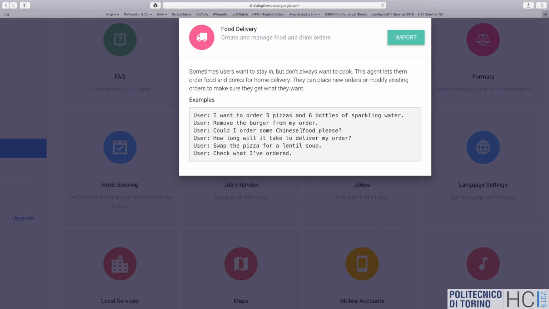But for instance, they are able to handle conversation like, I want to order 3 pizzas and 6 bottles of sparkling water. So it recognizes that one is food and one is something to drink, but both are to be ordered. One is 3 and the other 6, also the ordinal number. And you can also remove something from your existing order and so on. You can also check what's ordered, so it's quite complete for handling orders, and you can import that, and you have an agent for doing all these conversations. You can obviously personalize that